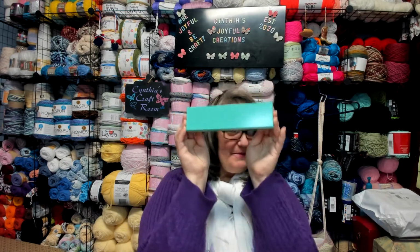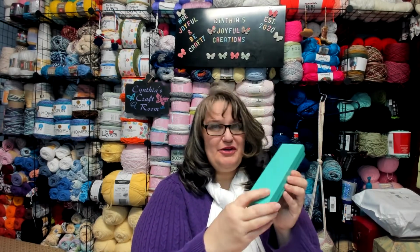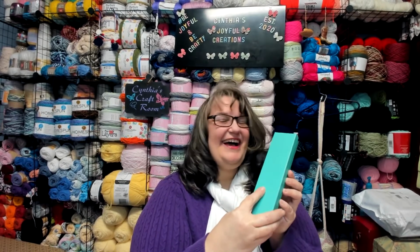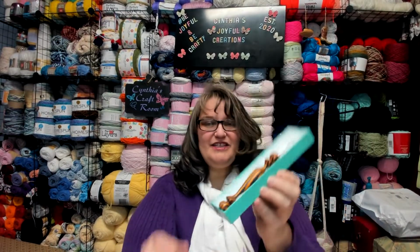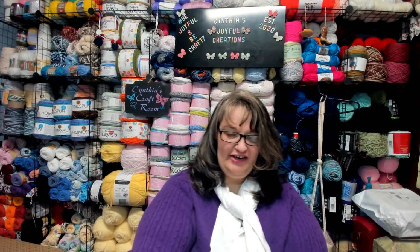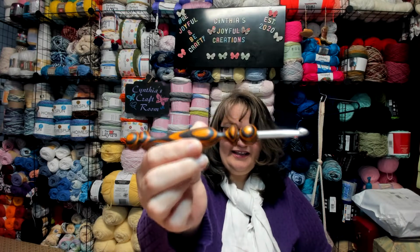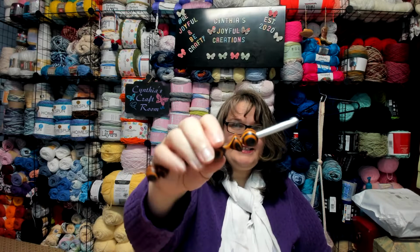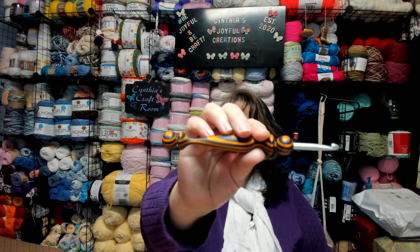So as you can tell from the box, it is probably a hook, and you know how I love Ashley's Leither Co. hooks. So are you ready? Okay, no more teasing. You guys, look at this hook. It is from her Halloween collection last year. And oh my gosh, I absolutely love that hook. I got it in a size J because that's the size that I tend to use a lot for making